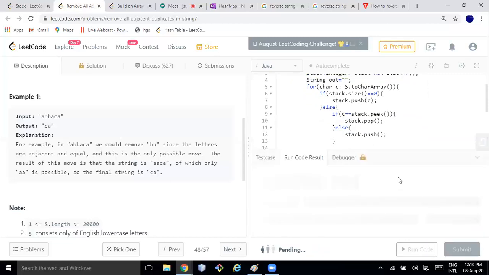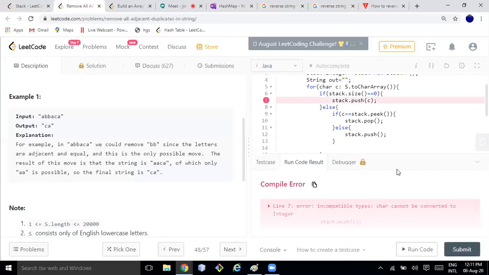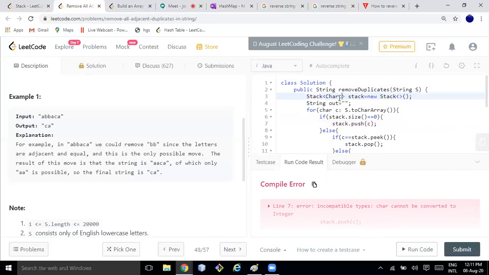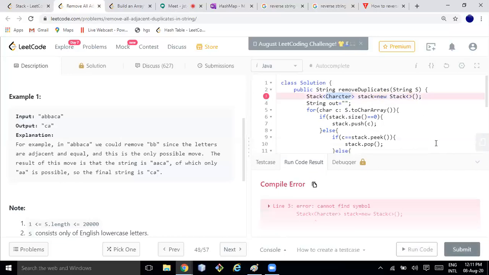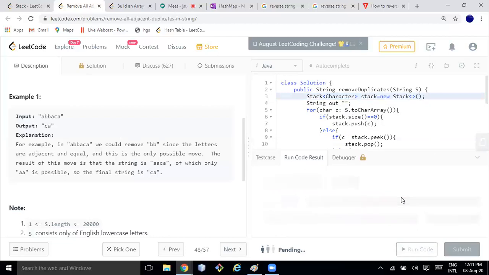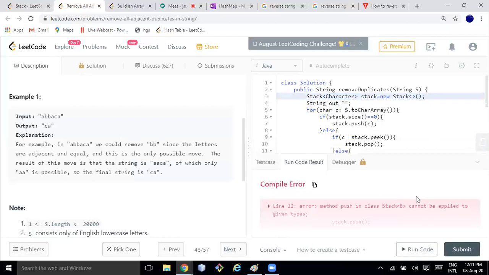I'm running the code. Let's see what the issue is. Stack dot push: char cannot be converted to integer. So here it should be Character. It's correct. What happened here?